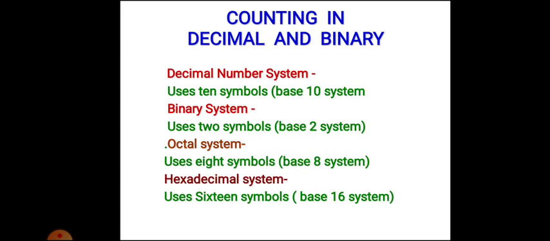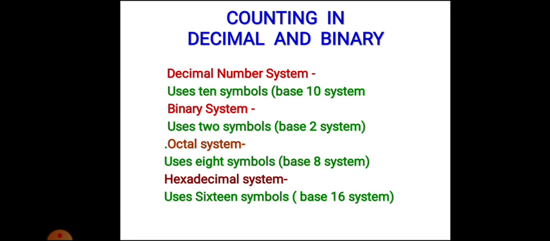So before going to start these number systems, generally there are 4 types of number systems used in electronic devices or in our topic. Okay, they are decimal number system, binary number system, octal number system, hexadecimal number system. Now we are going to learn what these number systems are.